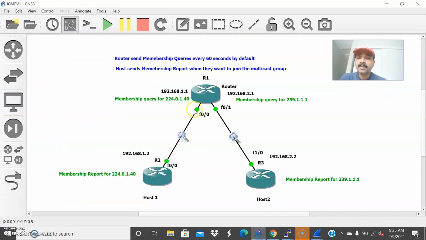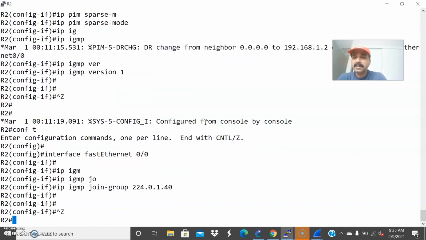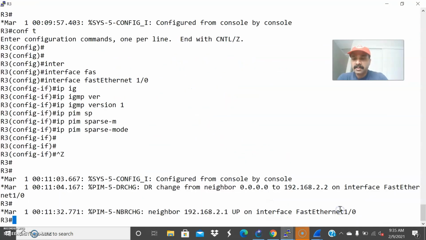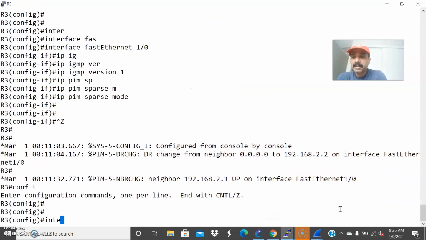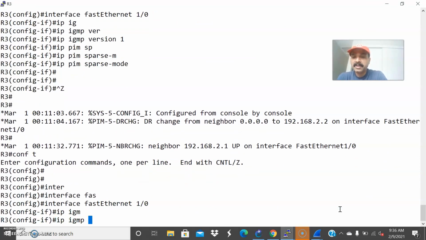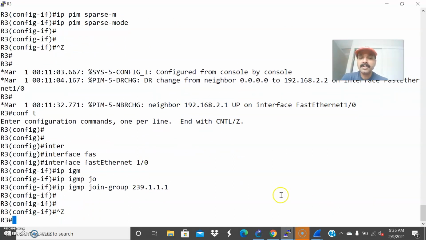That means the host wants to receive the corresponding multicast traffic for this group, 224.0.1.40, right? Similarly, go to interface FastEthernet 1/0, ip igmp join-group. This one wants to join this multicast group. Okay, so we are done with the configuration.